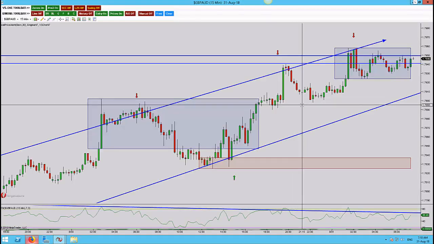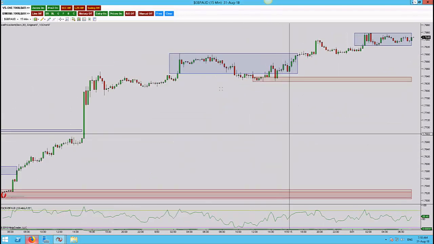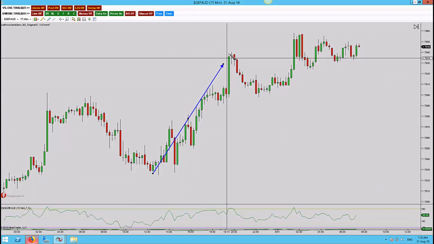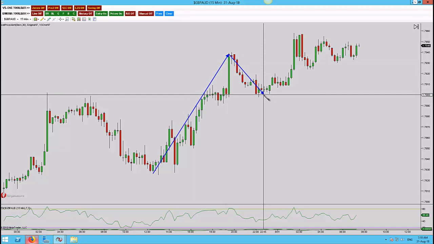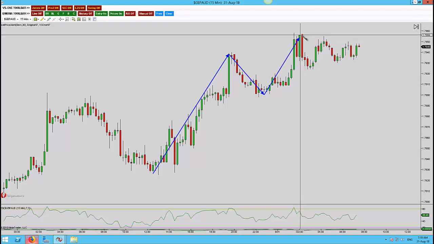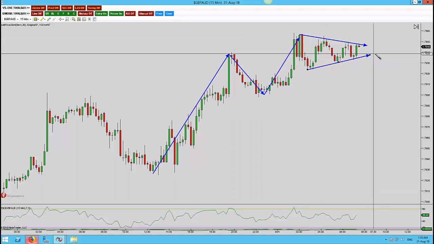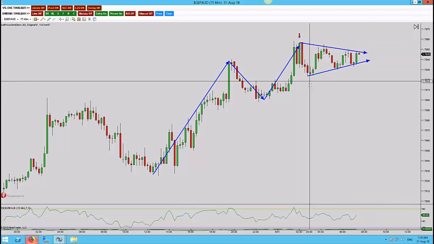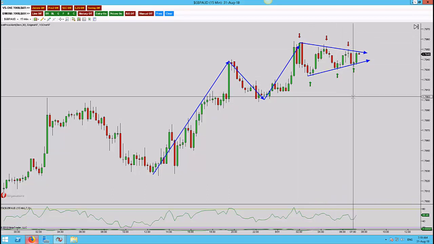And the second reason is if we drop down to the 15-minute time frame, and I just delete this information off, then you'll notice that what we've done here is we made the new high, we pulled back, we have made another new high, but then from this zone we have just traded sideways. Now, whenever we see this sideways movement, I always look for a pattern, and this pattern is a wedge pattern. On this particular pattern we have 3 touches either side, and these patterns have a high probability of breaking out,